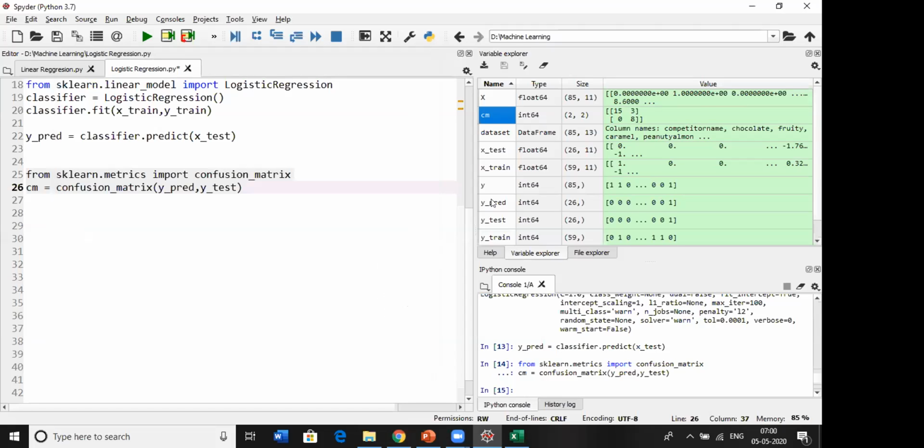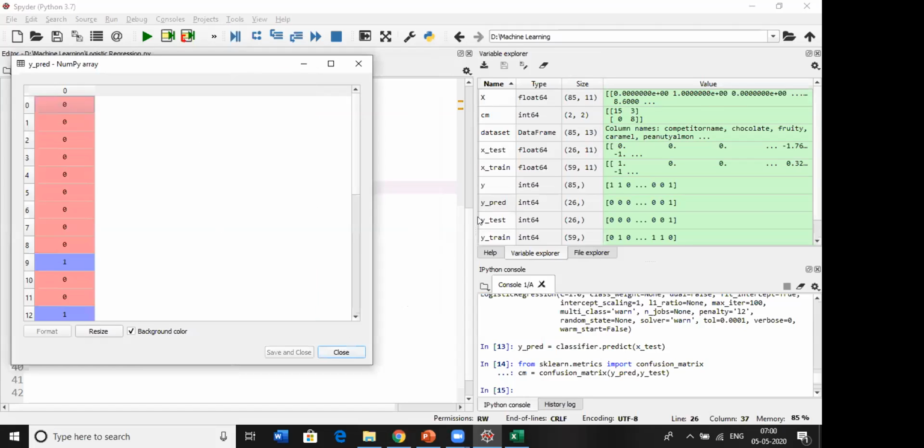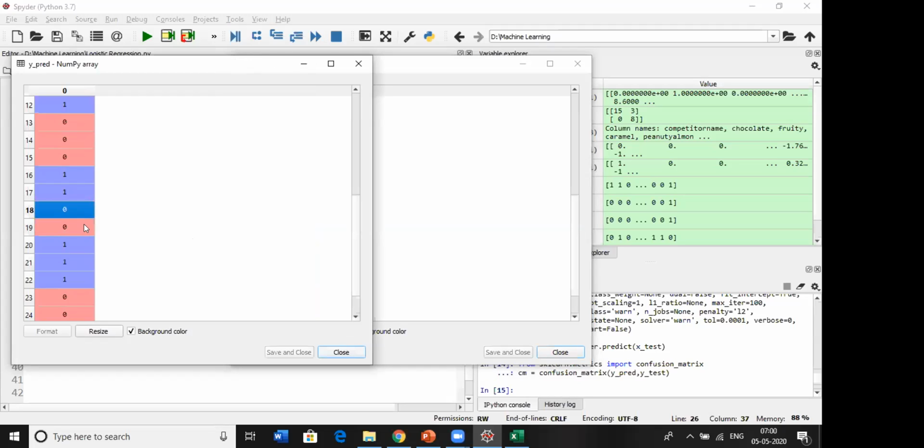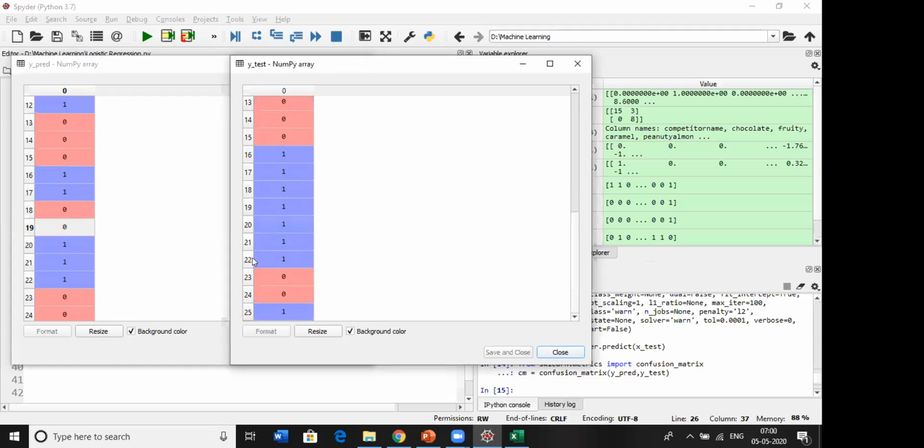You can see in the predicted and the test values where we got the mistakes. At 17 and 19, the actual is positive, but it is predicted as negative.